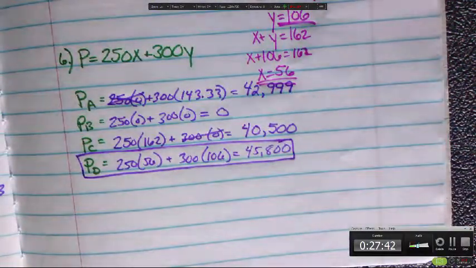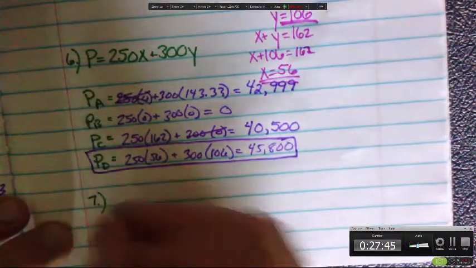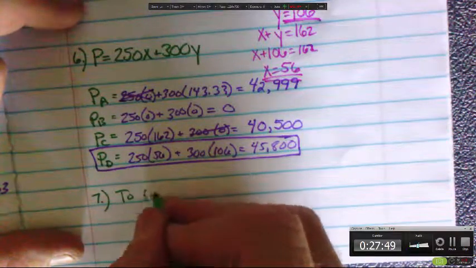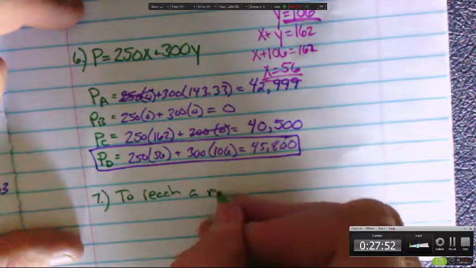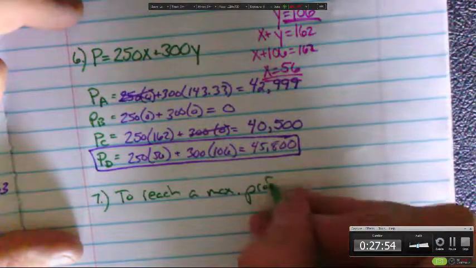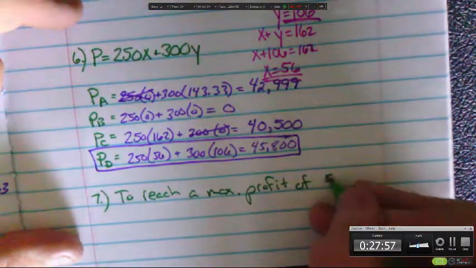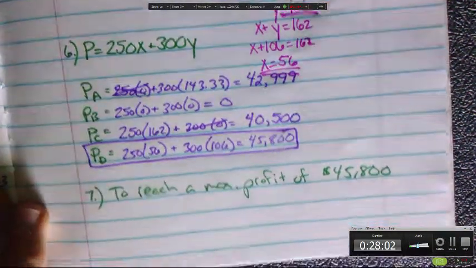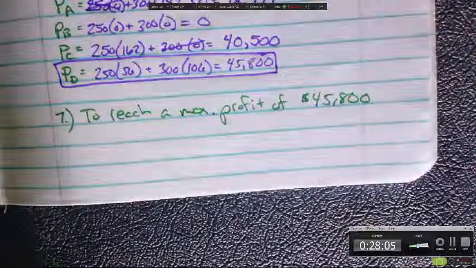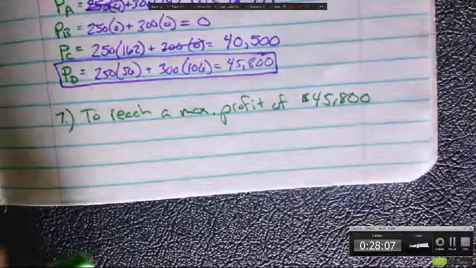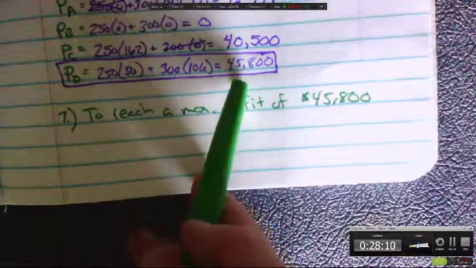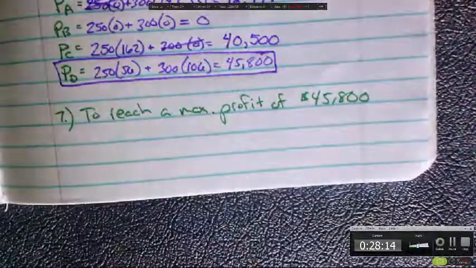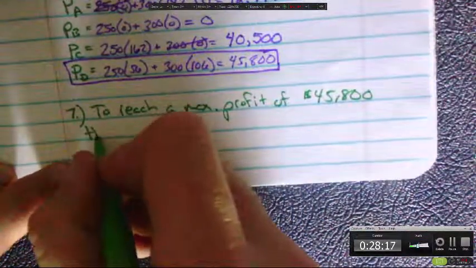And then step 7 is to write a conclusionary statement. To reach a maximum profit of 45,800. And in terms of just the problem that was given to us, we said this occurs at this ordered pair. We don't say this occurs at 56, 106. 56 and 106 represent a scenario. We'd say to reach a max profit of 45,800, the farmer must plant